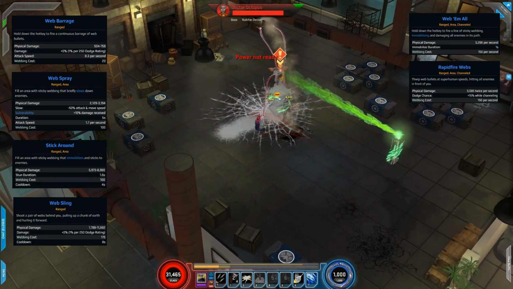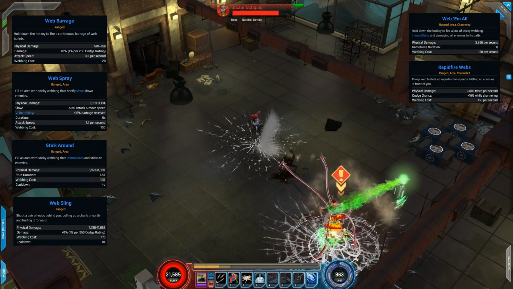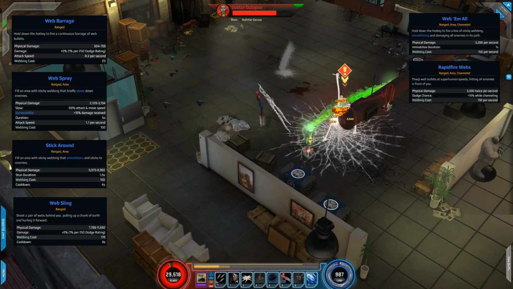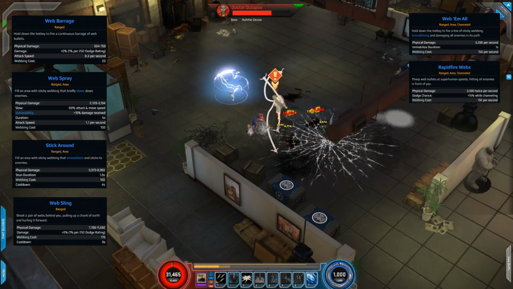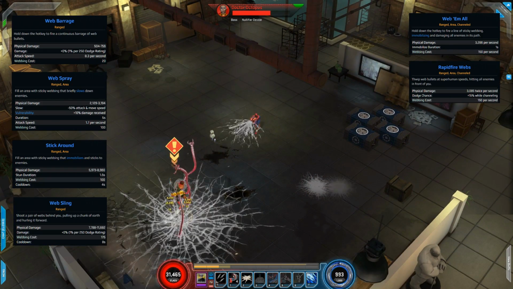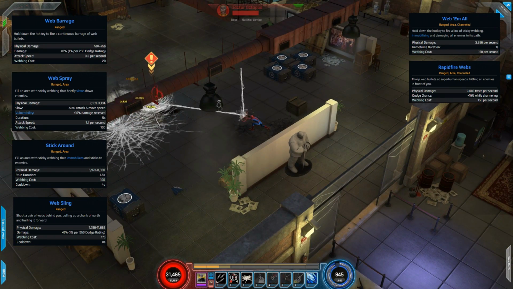We then have Web 'em All. With this one you're firing out a big beam of webbing and it will immobilise the enemy and slow them down. This can actually be quite a nice trash clearing skill, you can see it there, I just fired it off. But finishing up, we have Rapid Fire Webs, and this one fires off lots of webs in a cone